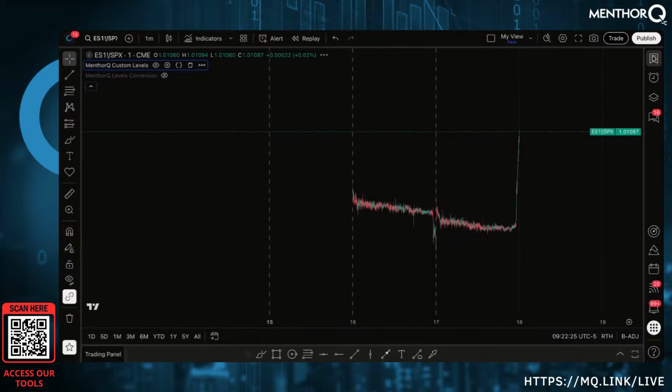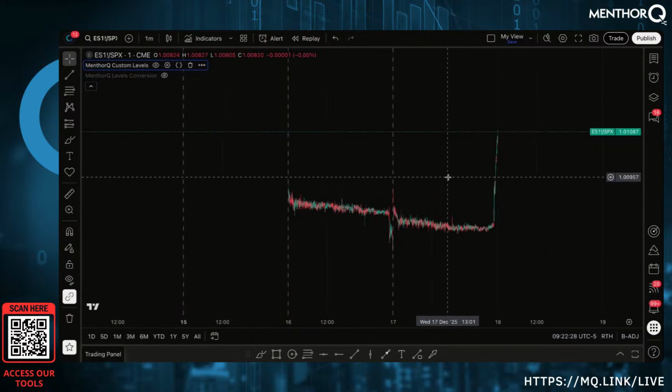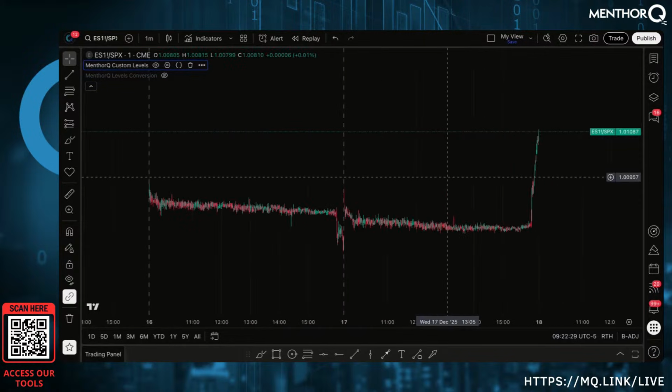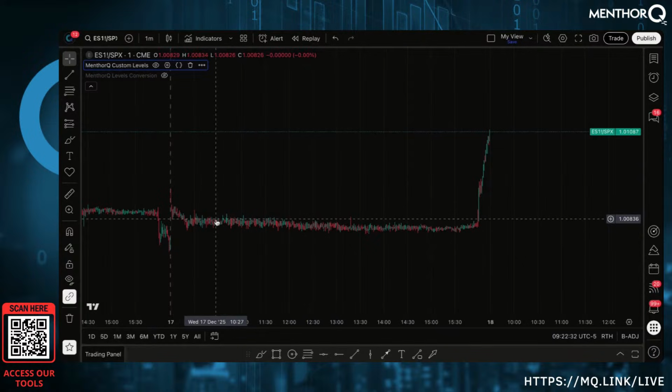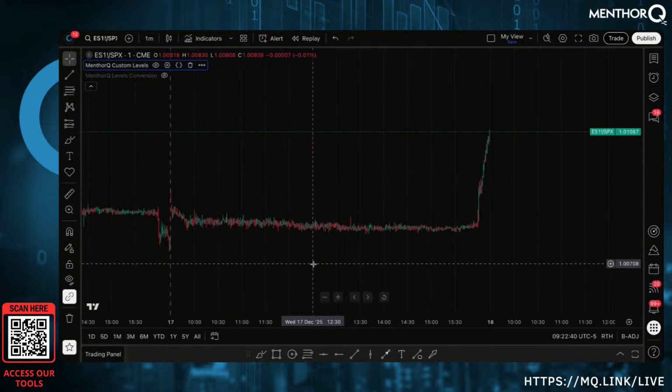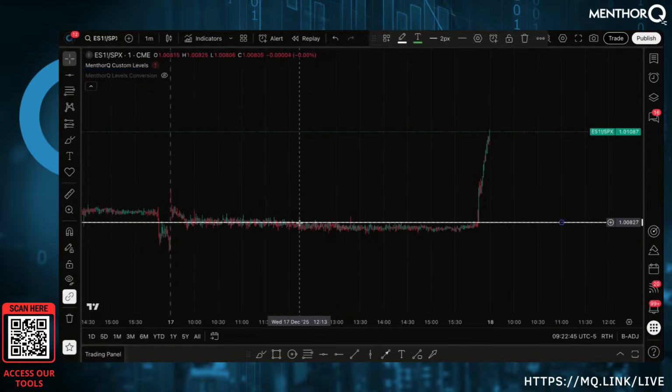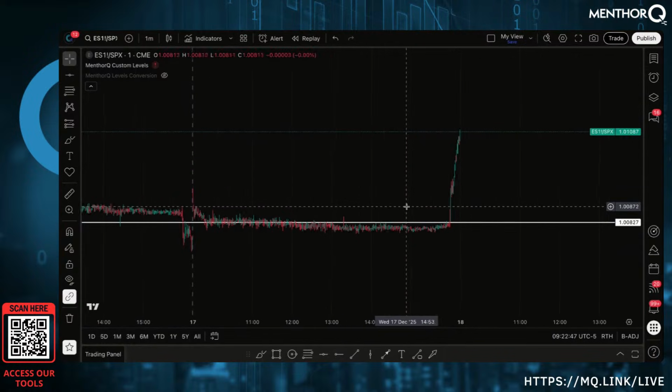So what you see here is essentially how the ratio moves intraday, right? It can go from 1.00838 to 1.00801. It doesn't really matter because this difference is not going to make a big change in your levels, maybe 1 point or 2 points. So essentially, you want to convert using a ratio that is close to this value here,